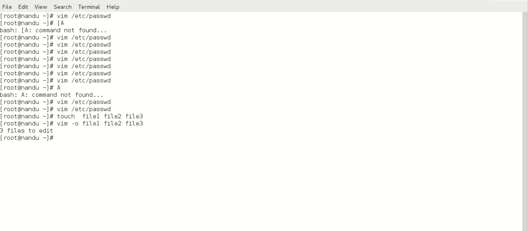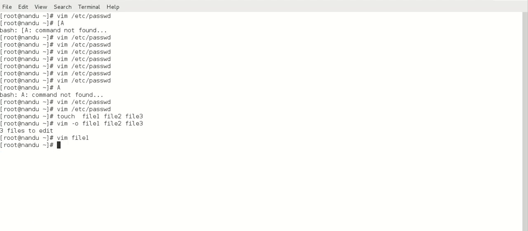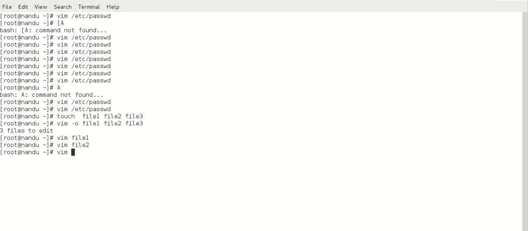Okay, now we'll check. At a time we opened three files, and in these three files we added some text. File 1, see, the line we added is the first line. And the second file will show the second line. See, these are the lines we added in the second file. We'll go to the third file.